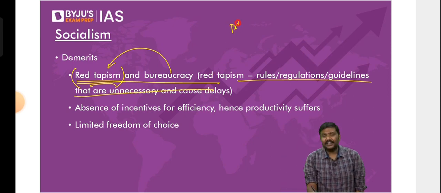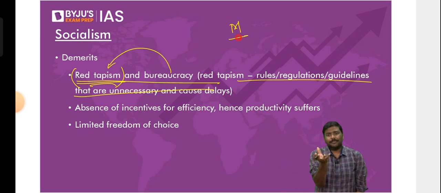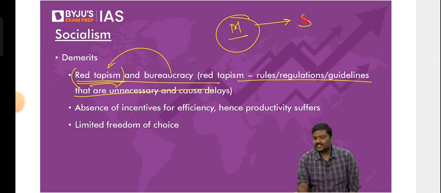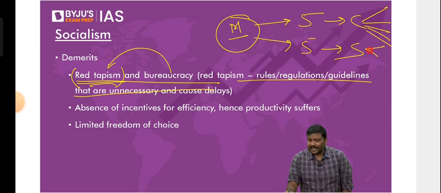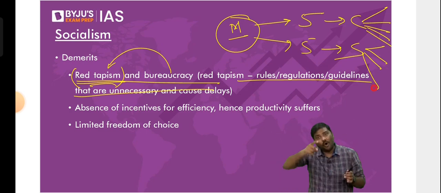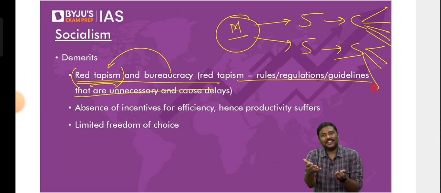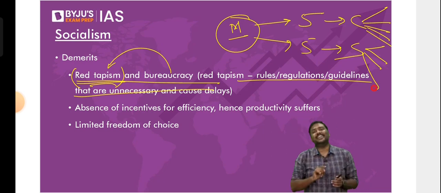Imagine you want to set up a manufacturing facility in India. You're a millionaire or a billionaire for that matter. Now the government will say you need to get 5 licenses from the central government, another 5 licenses from the state government, and these 5 licenses you have to get from different ministries altogether, and from the state government again 5 different ministries. Can you imagine the time it will take to get all the licenses? So the government, in order to promote production, has set up a system in such a way that the system itself is causing a delay. That is called red tapeism.